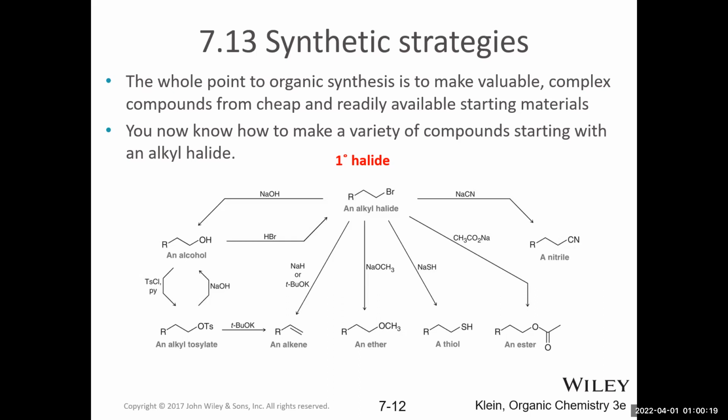But you've learned an important skill in this chapter. If you have an unhindered, like a primary, alkyl halide, this is a great substrate for SN2 reactions. You can treat it with a variety of different nucleophiles, and this slide is really great for showing you different possibilities for different strong nucleophiles and doing an SN2 reaction to get a different product. Don't worry about this one. This is going to be an elimination reaction, and we haven't talked about that yet. This we'll talk about a little bit later in the chapter as well. So if you don't understand some of the stuff in this section, don't worry, we will get to that.